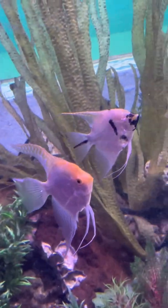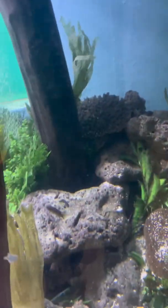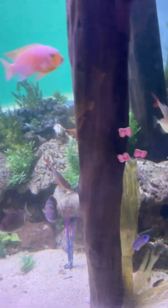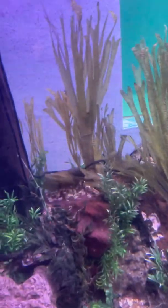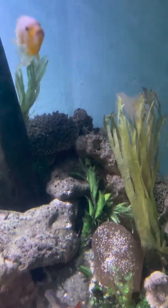Now normally an angelfish could not be kept in a tank with large aggressive cichlids, such as, I can't see the big ones right now, but anyway. So in this tank there are jaguars, and there are Buttikofferi, and there are various species that you wouldn't normally ever put with angels. But because this tank is so big,